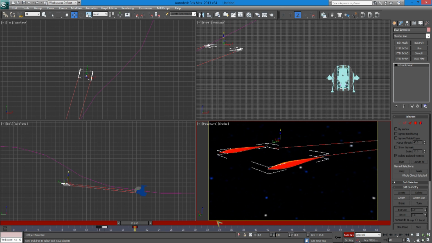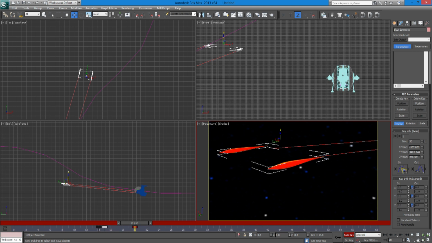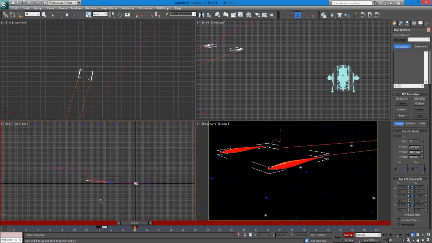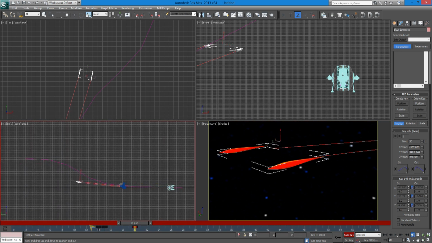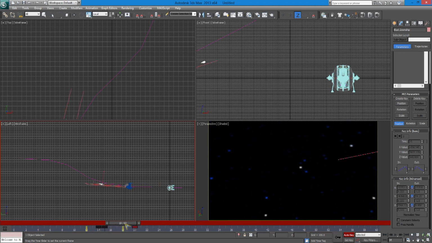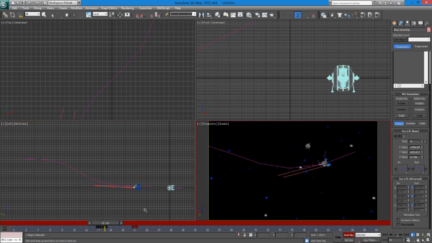Now, another problem with this is that a lot of these keyframes will try to smooth themselves out. They'll try to make things a bit more organic, but what we want is for these things to travel in a straight line. So we set these that way, you see, to linear instead of these curves, these angles. And that way it'll always travel in the same direction without a lot of extra moving around that would look right from a character, but not with a spaceship. Now, another problem, though, is once it gets there,